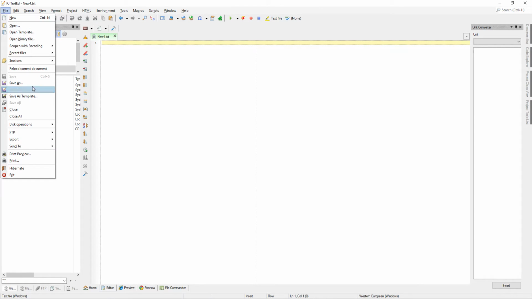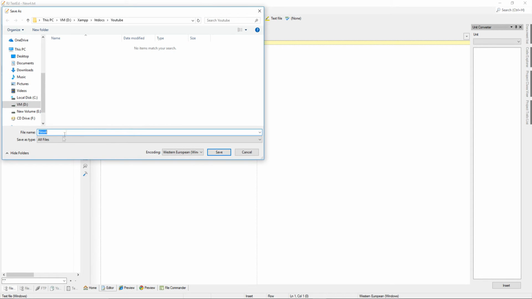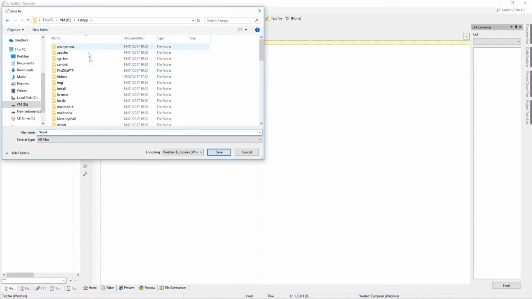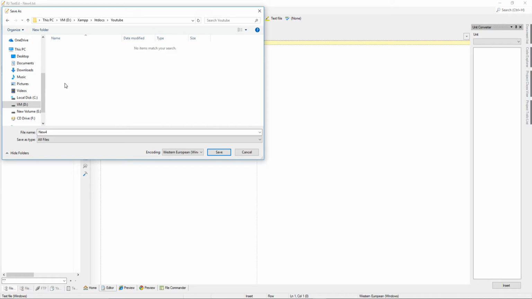So we're going to go File, Save As, and we're actually going to change this to where my Xampp folder is. If you're actually using Xampp, obviously you need to navigate to that. So you'll find your Xampp file, then you're going to go to htdocs, and I've already made a folder in there called YouTube. If you go into YouTube, we're actually going to make a new file, and we're going to call this